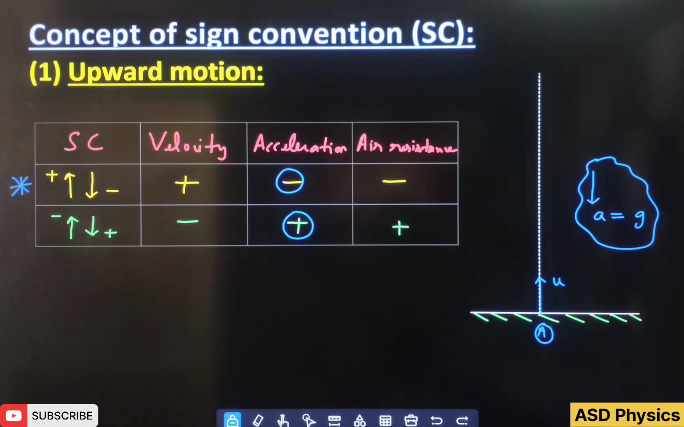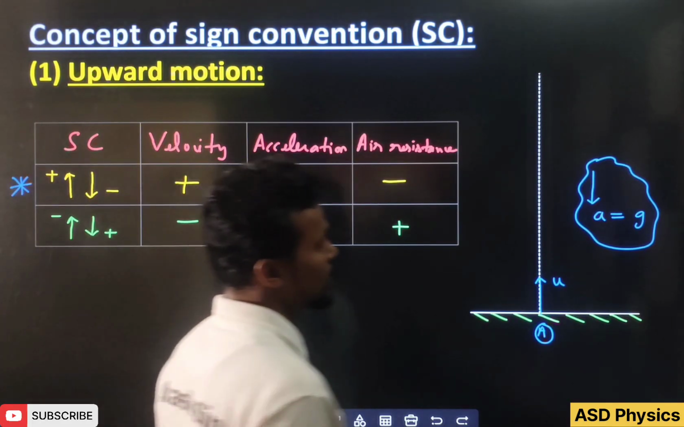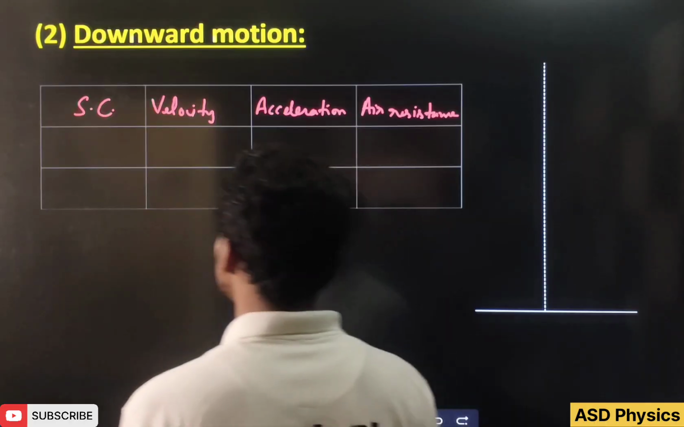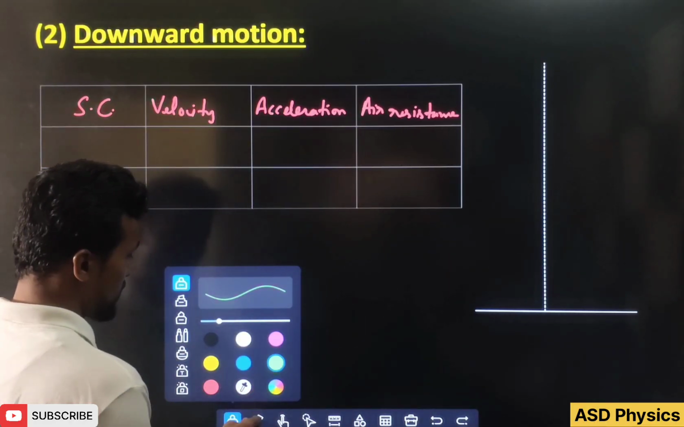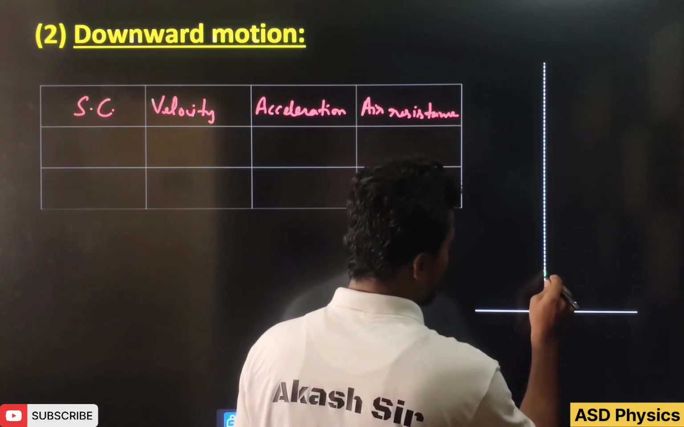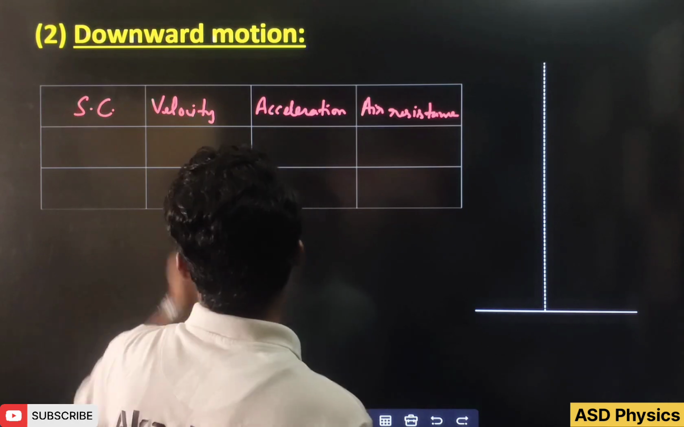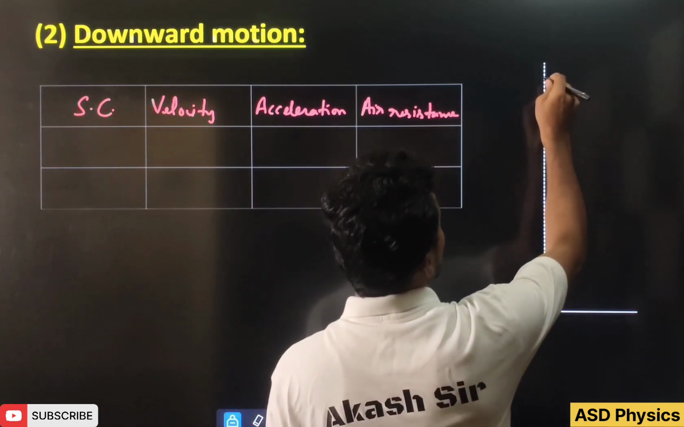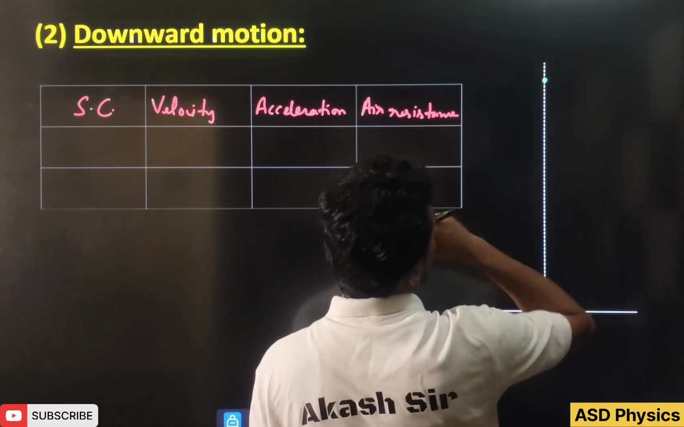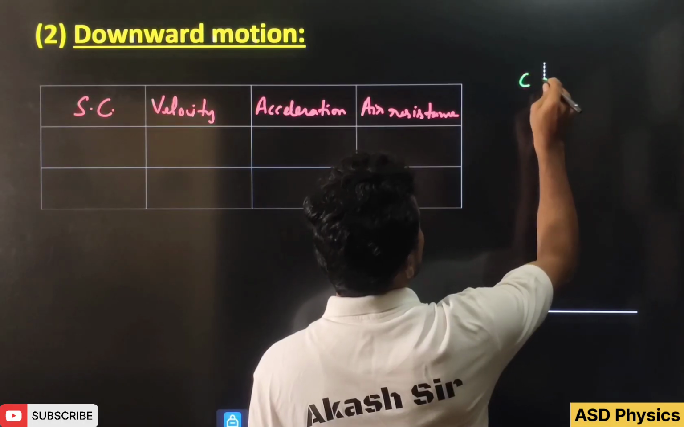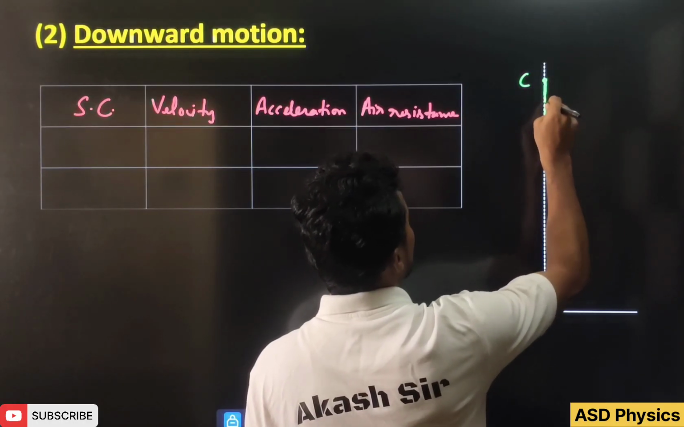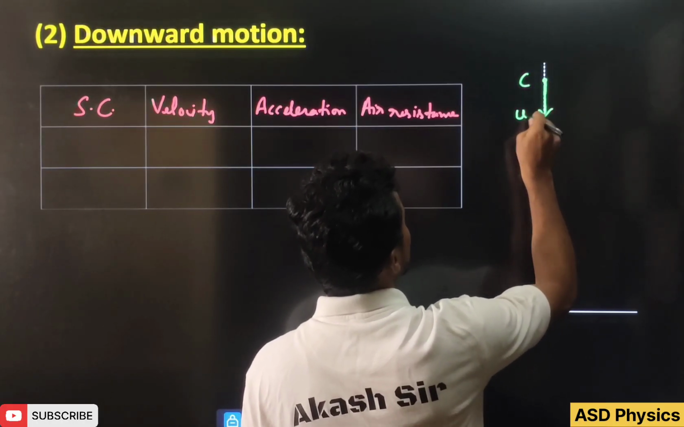The first sign convention I will use it, okay, great. Now after that we'll go for the downward motion. Here also, let's take, again, what is happening: downward motion. Now let's take from here. I have taken point C, okay, and from point C I have thrown one object in a downward direction